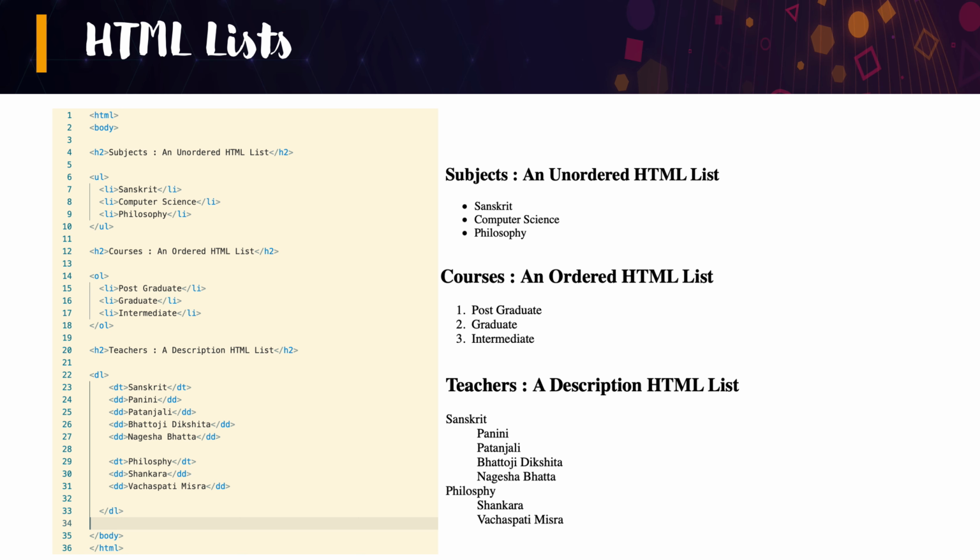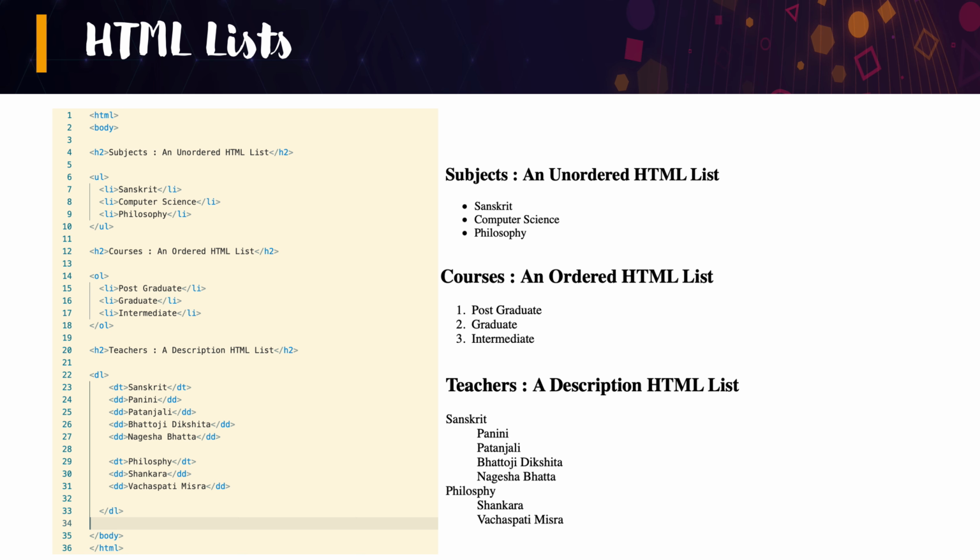The ordered list naturally has an OL tag as a beginning tag and it is a parent tag. And the individual list items are also the same LI tag as with the unordered list. Nothing should be new or very different for you here. On the right hand side, you can see that the ordered list is shown with numbered items as opposed to bulleted items in an unordered list.